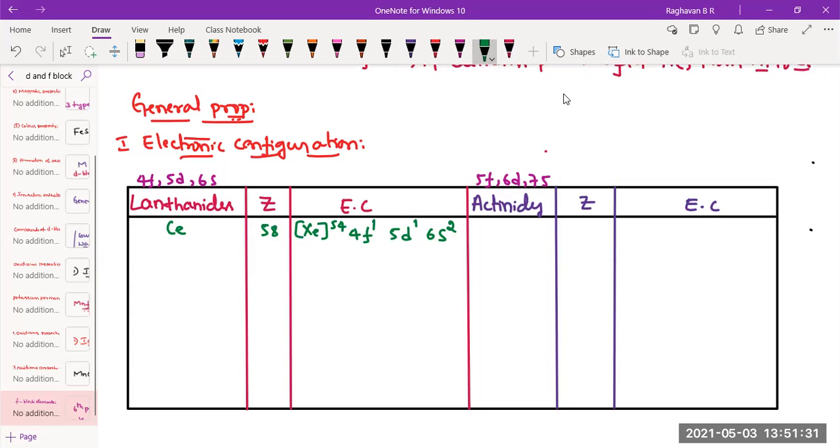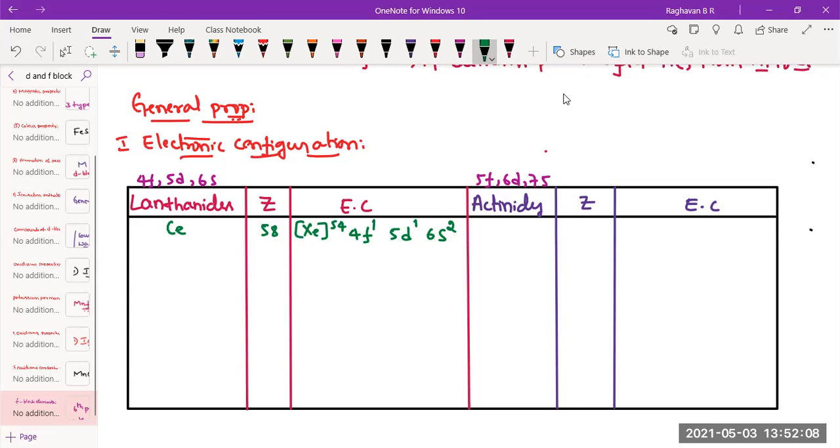The rest don't have a 5d, that means D electron. They will have electrons filled only in 4f. So they can be considered as normal electronic configuration. These 9 elements having a D electron also can be considered as exceptional, because F block elements are expected to have electrons only in F, not in D. So remember those elements which have a D electron also, that too 1 electron. That's okay. And one more exception is thorium. Thorium has 2 electrons in D, no F electron at all. That is also there. Okay.